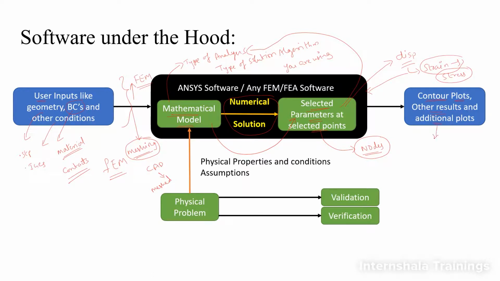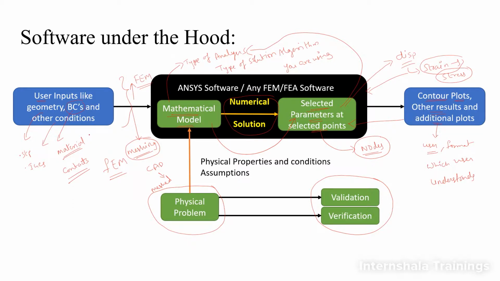This is where the user asks the computer to show whatever results he got at this particular stage in the format which he wants, the format which the user understands. This mathematical model is nothing but the representation of the physical problem. And in addition to all of these things, we have two more stages called verification and validation. We are going to learn about those in further lectures.